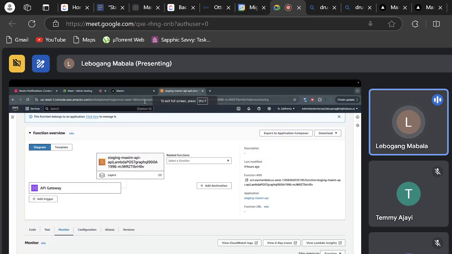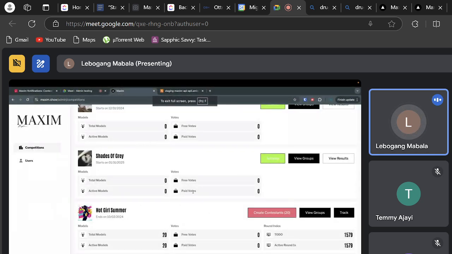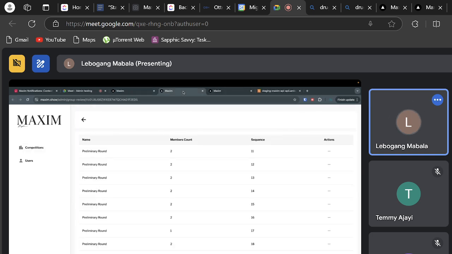So I'm gonna view one of the groups, right? I'm actually gonna view both of them. I'm gonna view groups here, and groups for this one. So this group here is for the Hot Girl Summer, and as you can see, we have multiple groups, right?